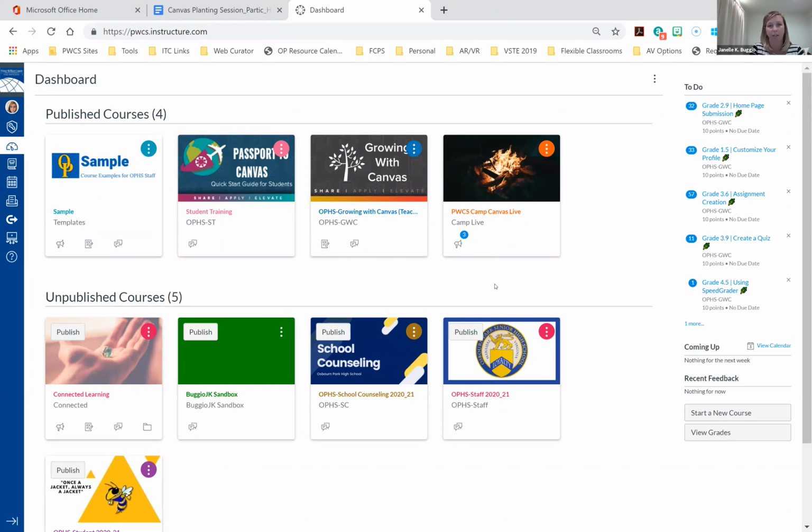You can see mine down here. It's green. It says Bugio JK Sandbox. Everyone in Prince William County Schools has already received a sandbox in their unpublished courses section of the dashboard. If you don't see it there for whatever reason, it should have automatically come up there. But if you don't see it there for any reason, or if you're missing a course that you know you have, just don't forget, your dashboard is kind of,